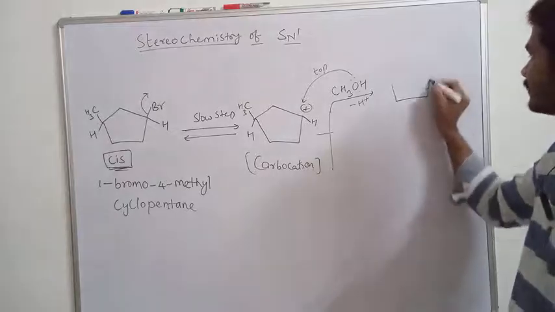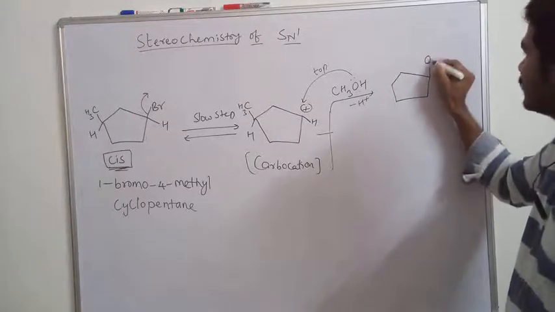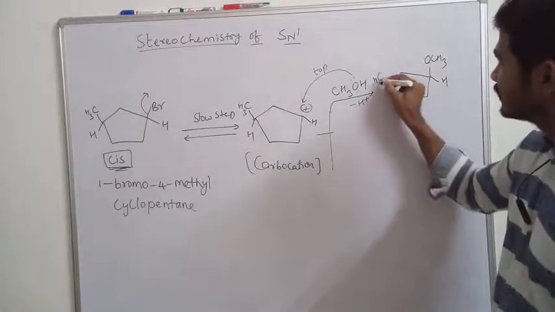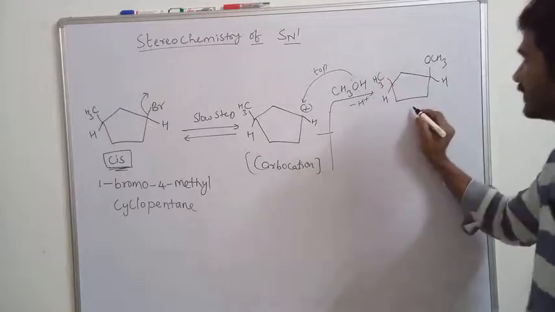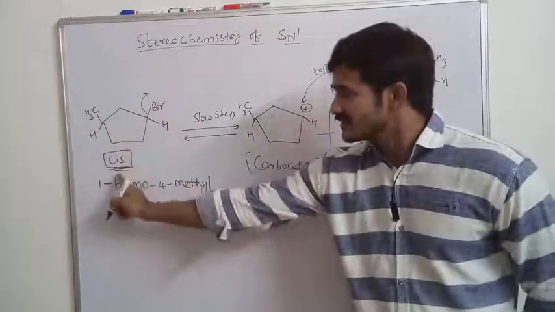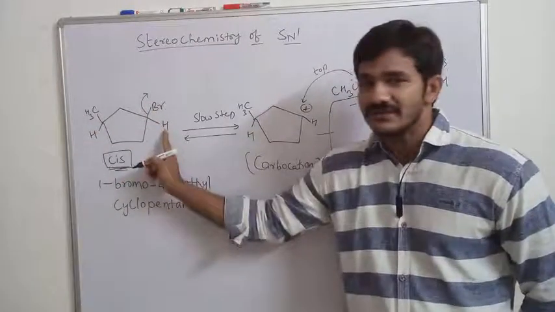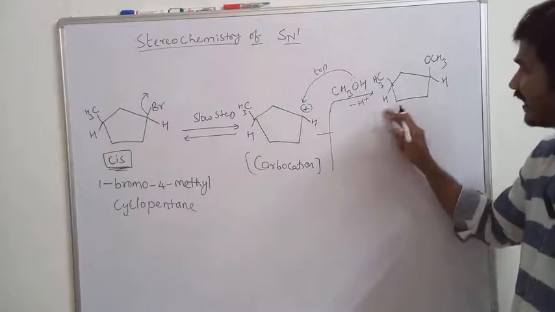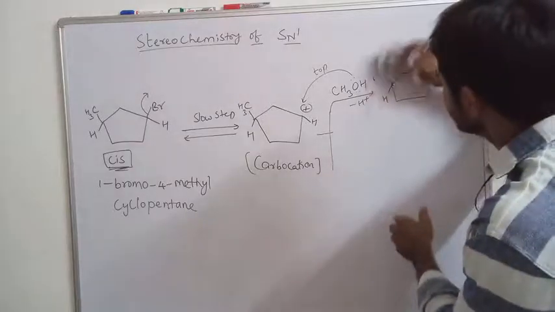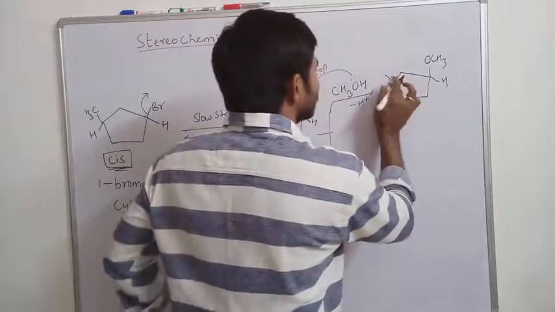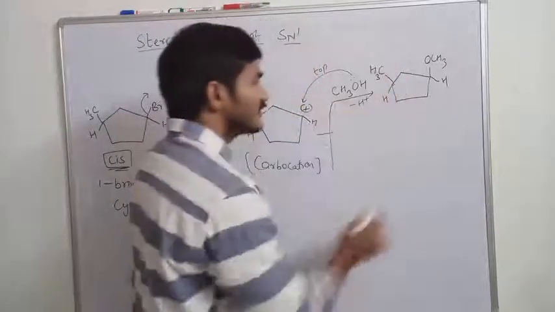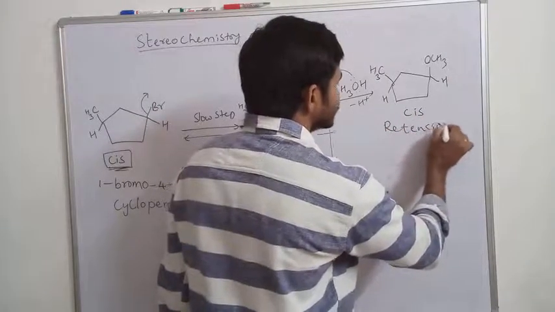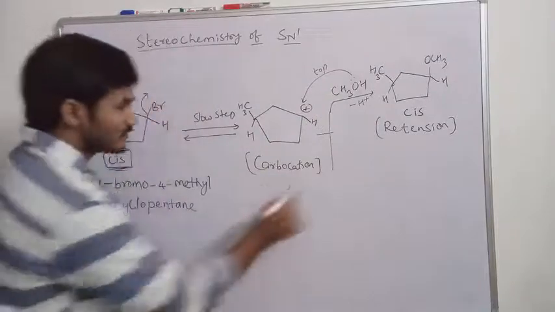So what do we get as the product here? This is CH3 and this is H, and these groups are as they are, CH3 and H. What is this configuration? The same configuration as before. This is cis. CH3 and Br on the same side, H and H on the opposite side, is said to be cis. The same configuration is here also. The methyl group and methoxy are on the same side, hydrogen on the same side. Okay, I write it like this. If you observe this, CH3, this is also said to be cis. So it is said to be retention configuration.